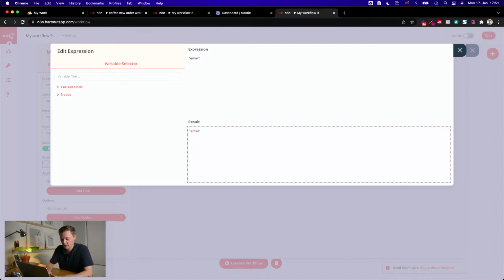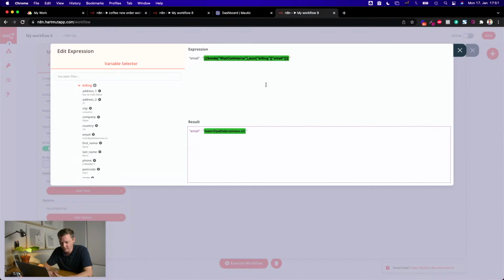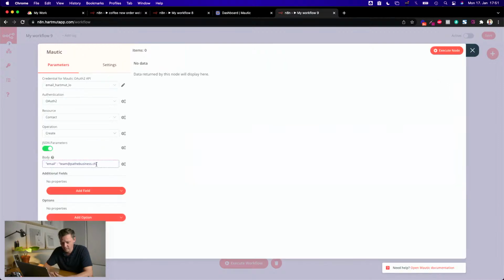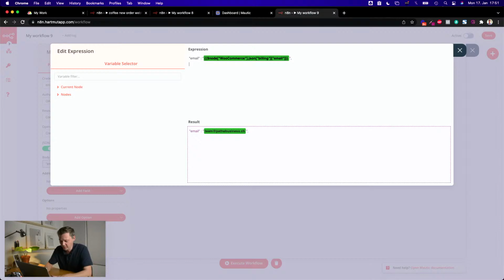So email, and in here we would put in the stuff from WooCommerce, the output data, links, billing, here we go, email address, nice, that's the one thing. Then I can obviously put in other things like first name. This one is always the alias, or the custom field alias in Mautic. So first name, and there we have